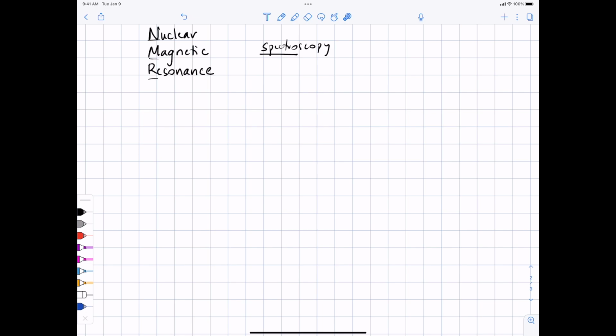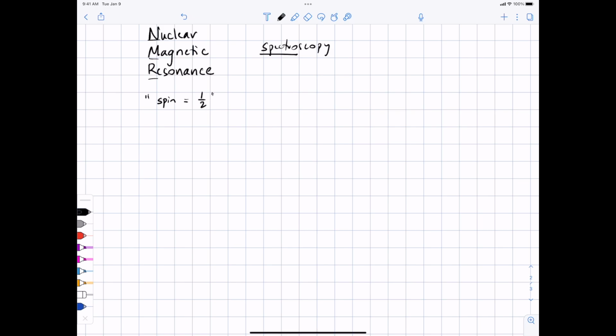The simplest nuclei to work with are those that have spin 1/2. That just means there are two spin states possible for these nuclei, sort of a north pole and a south pole. And among the nuclei that have spin 1/2 and whose